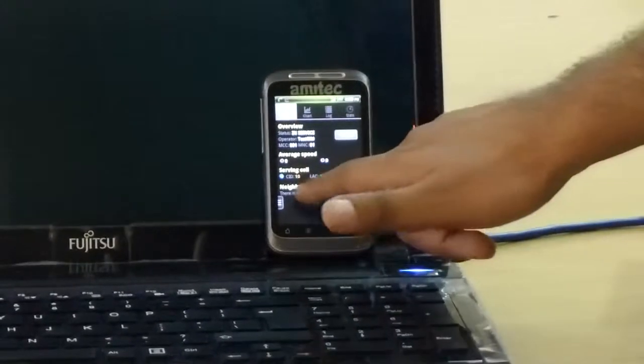Here it is already showing a cell ID of 10 and a location area code of 1000.